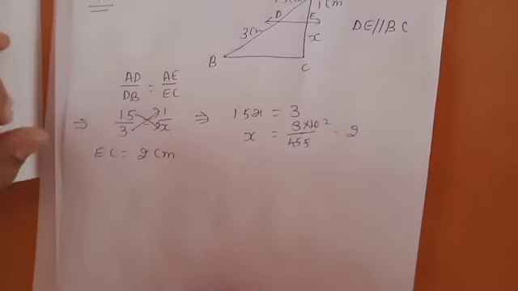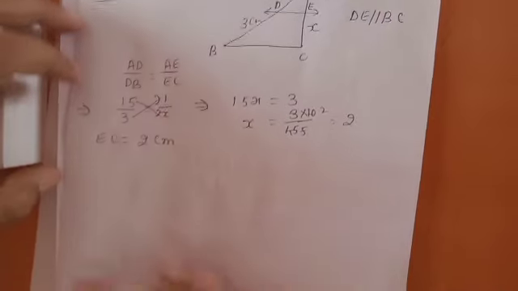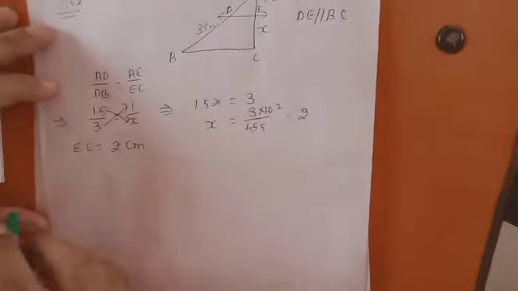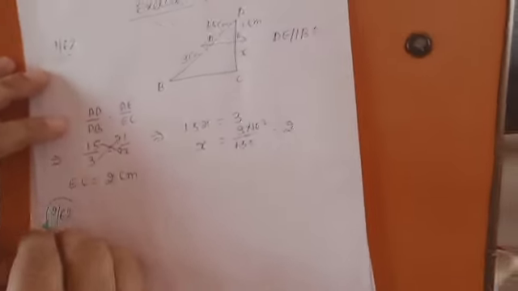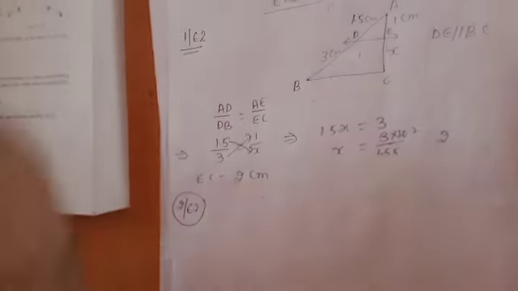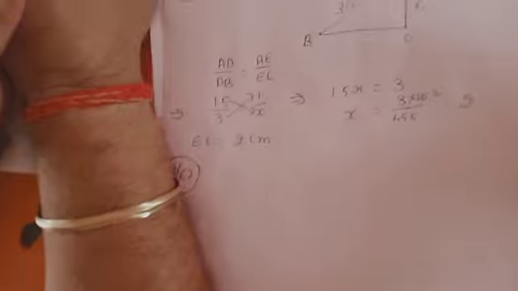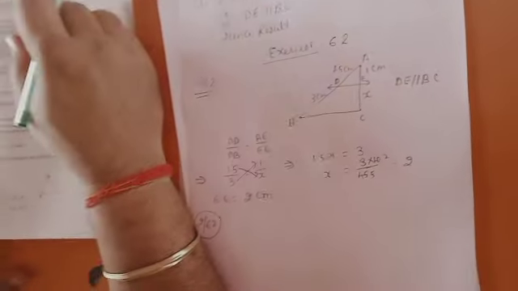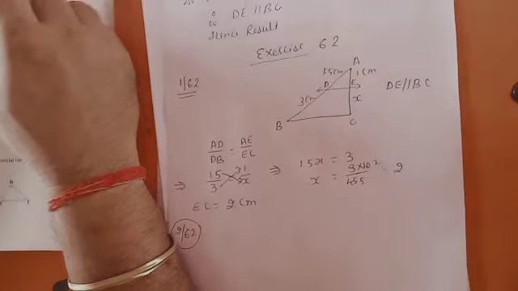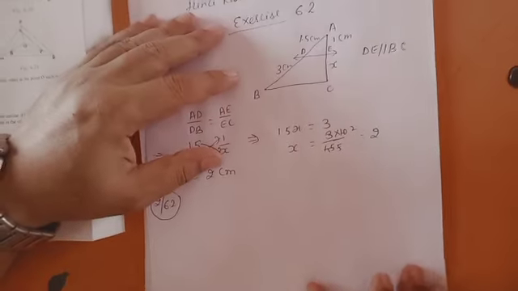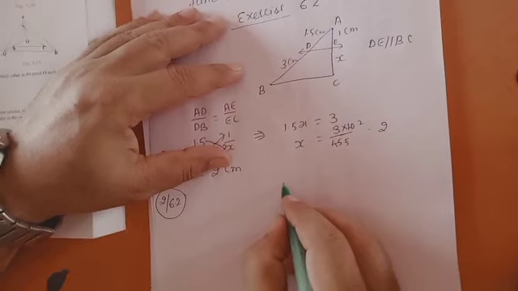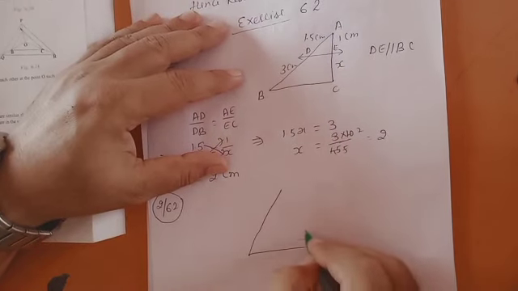Second part you can do. If any problem, discuss with me. Question number 2 of exercise 6.2. Statement you can check from where? From NCERT books. What's given? E and F are the given points on the sides PQ and PR respectively of a triangle PQR. So it's given, this is a triangle. I can tell the idea. What's the name of the triangle?